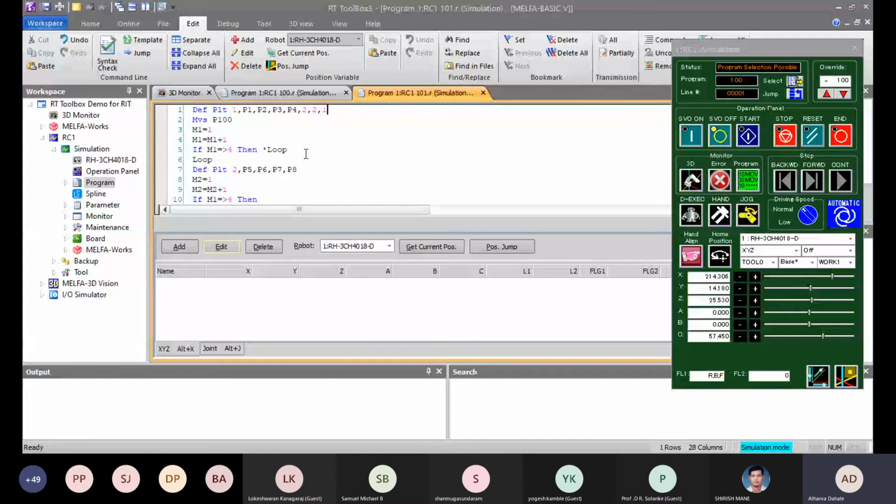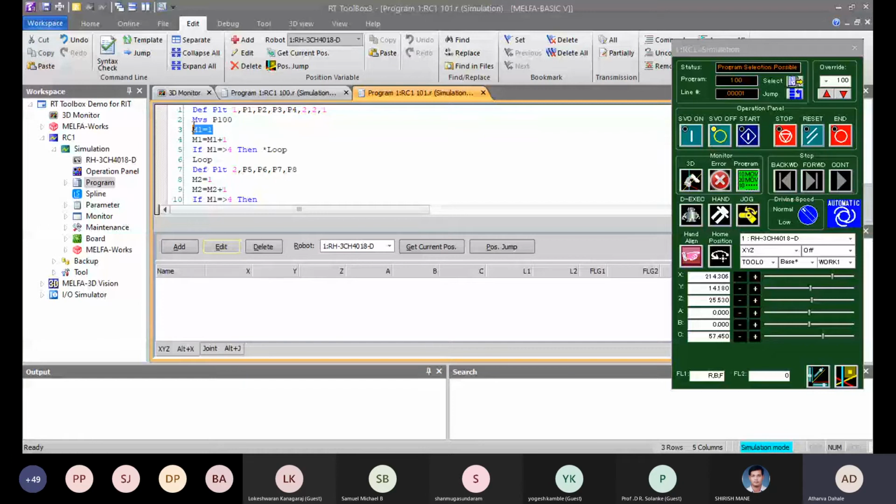That is one in linear. After that, I have given a position here, that is after picking a point from palette 1, it will move to this position, that is MVSP 100, and after that it will move to palette 2.